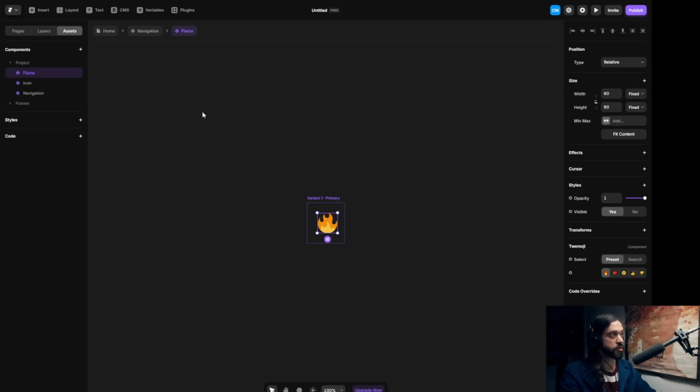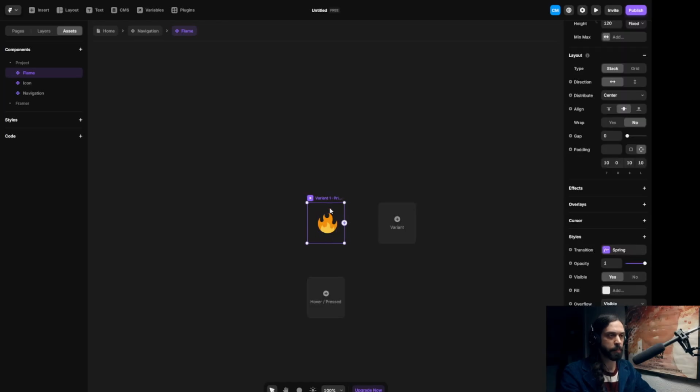I've picked up the flame and put it right in the middle of the first variant, my primary variant here. But what I'm going to do is further customize this a little bit. If I click on the Layers panel here, this is kind of interesting because if you pay really close attention, you'll see that I'm currently in the flame object, so to speak. So when I click on the Layers panel here, this isn't the Layers panel of my whole web page. This is just the layer panel for my flame component, okay? So within this, clicking on variant 1,